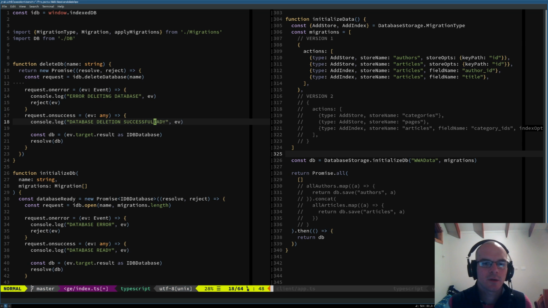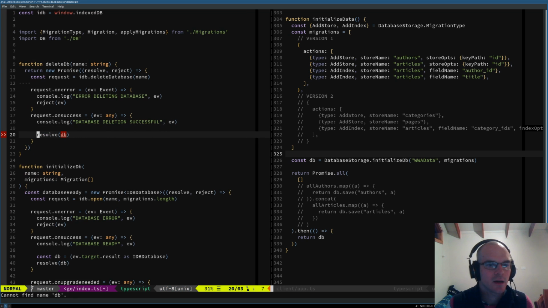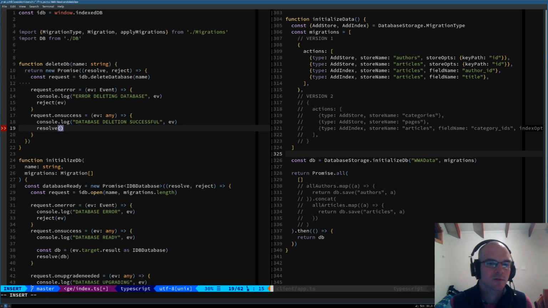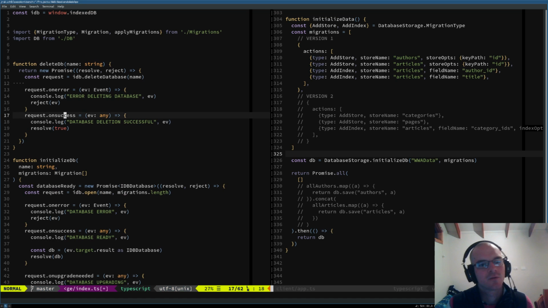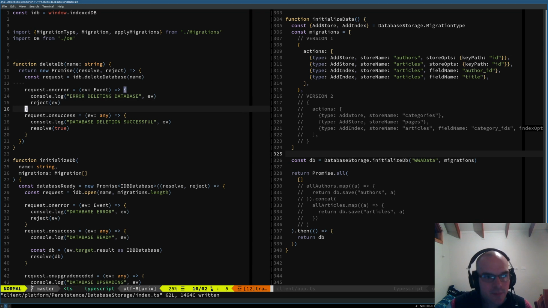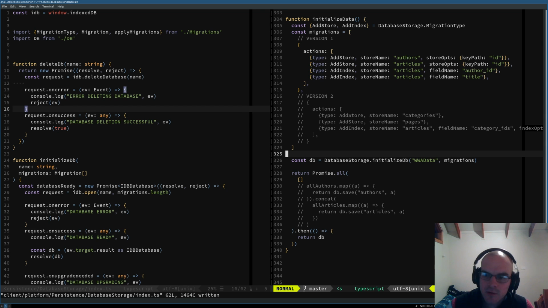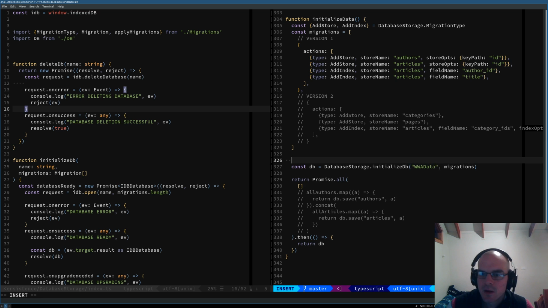And we're not really going to return anything of great import, so I'm just going to resolve to true. It's really not a big deal what comes back in the resolution here, because the main thing that we care about is just whether it's done or not. Everything else is immaterial. So that delete DB gives us some sort of promise. So what that should allow us to do is,